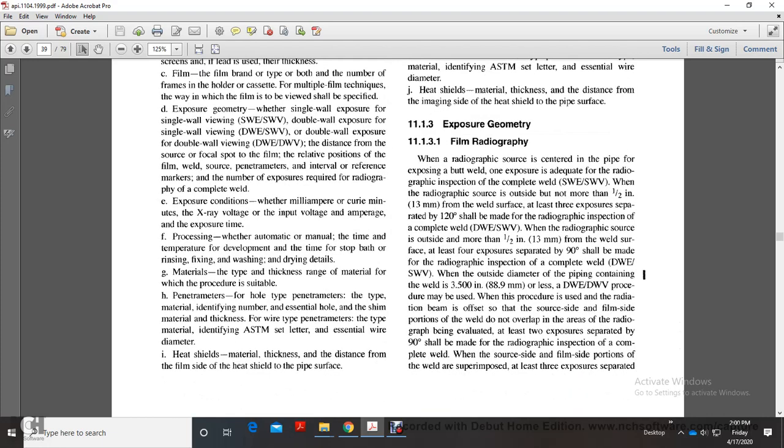11.1.3 Exposure geometry. 11.1.3.1 Film radiography. When the radiographic source is at the center of the pipe when exposing a butt weld, one exposure is adequate. The radiographic inspection is complete with a single wall view. When the radiographic source is outside, not more than 1/2 inch from the weld surface,